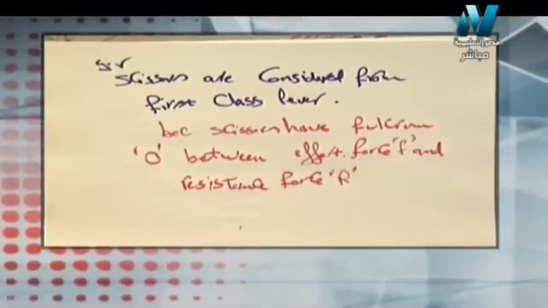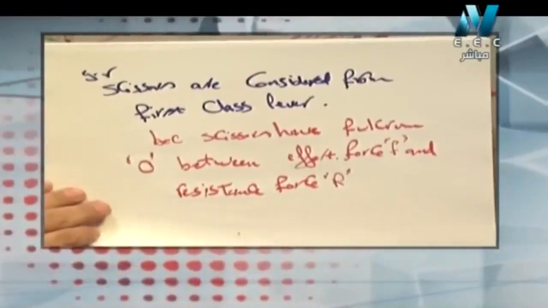So now let me summarize what we have studied today. We have studied a very important and interesting lesson about levers. We have the definition of the lever. A lever is a rigid bar, like scissors or pliers or a pencil, it must be a very rigid bar made from stainless steel or aluminum or copper, as we need. It's a rigid bar, straight or curved, that rotates around a fixed point called the fulcrum and is affected by two forces, which are the effort force and the resistance force.